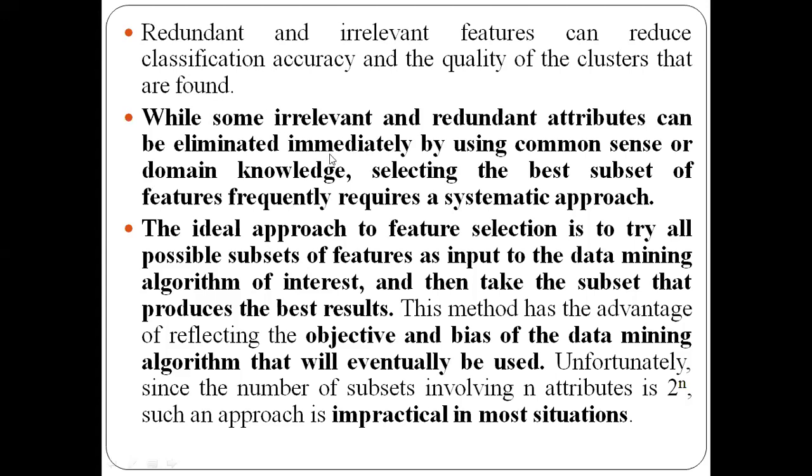Common sense means, for example, human nature. As I said, in the case of students' information, I don't want the other attributes like age, gender, and address. If you have good common sense, you can easily find those irrelevant and duplicate attributes and remove them. That is, using common sense, or even domain knowledge can be used. If you have thorough data mining knowledge, then that can also be used to remove such irrelevant or duplicate attributes from the data set.